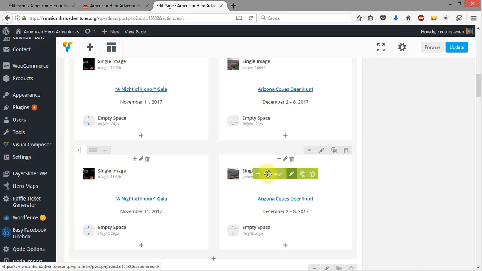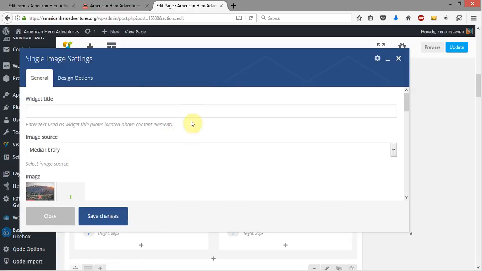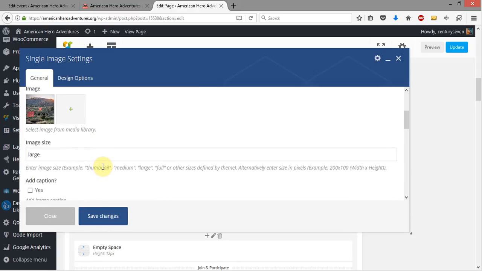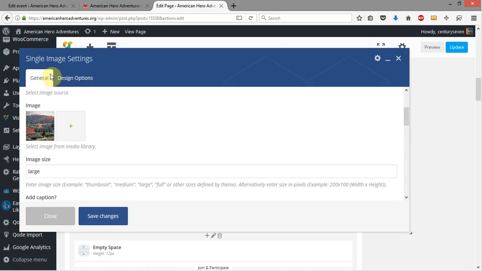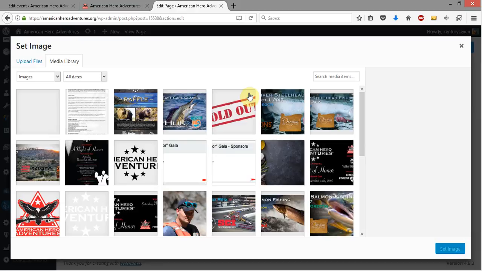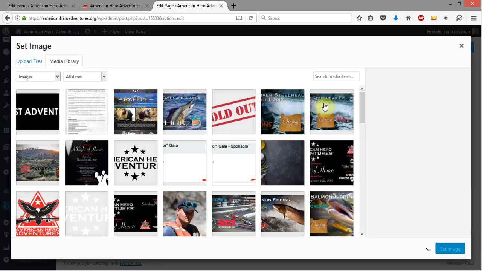So we're going to come over here and click on this single image to edit, and this brings up our editing box for the image. The first thing we want to do is come down here, and you'll see there's a little thumbnail of the image that's currently being used in there. We don't want that image, we want ours, so we're going to hover over this X in the middle and click that to remove it, and then we're going to get a green plus, and we're going to click on this, and it's going to open our media gallery, and we're just going to put our test adventure in there,